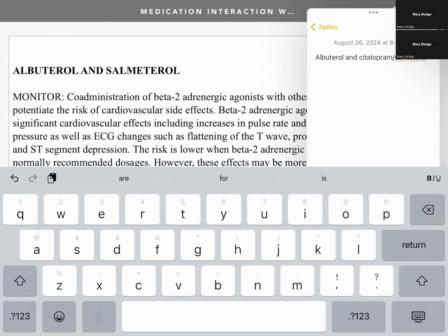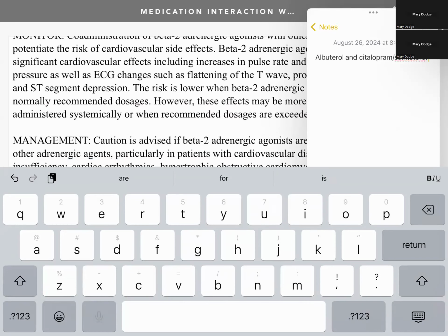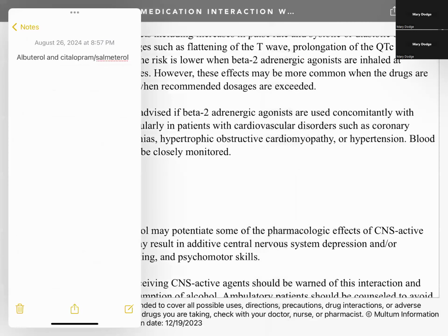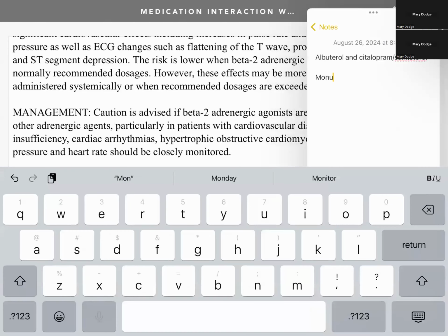And this is saying essentially the same thing. But we want to make sure that they closely monitor blood pressure for it. So here I'm going to write monitor blood pressure,